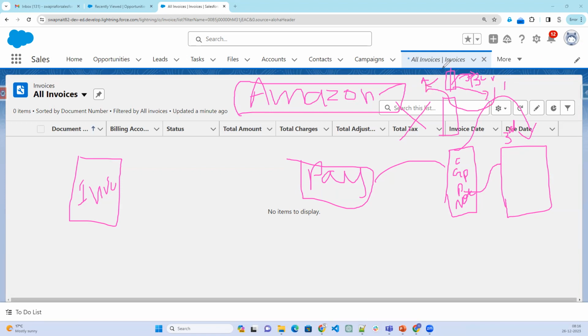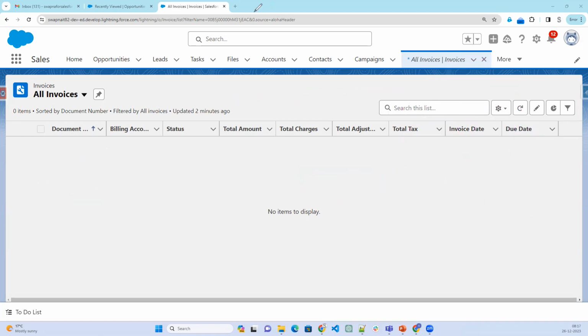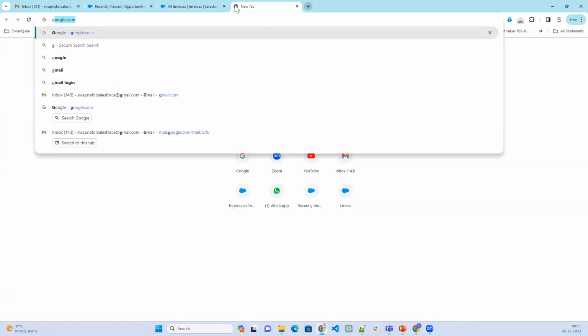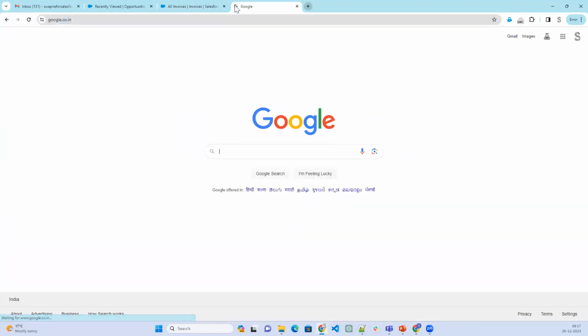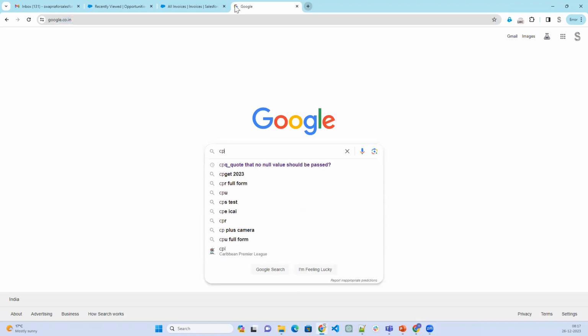Now, how is this happening? Amazon is not doing it. There is some third party application. Using the third party application, based on the selection, we are redirecting to that particular application. Similarly, in Salesforce also, once the order is done, we do not have a payment mechanism after the order. Now, Salesforce has introduced